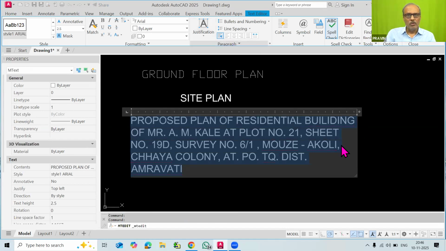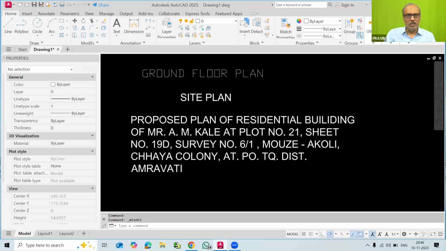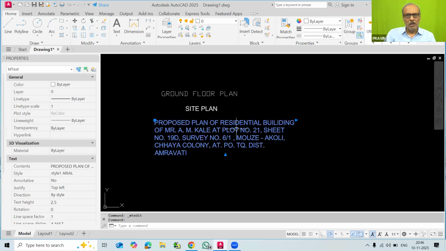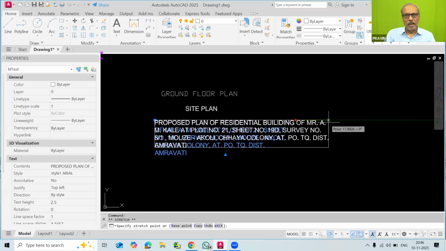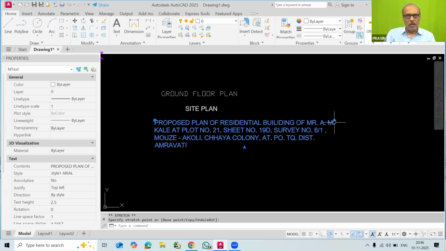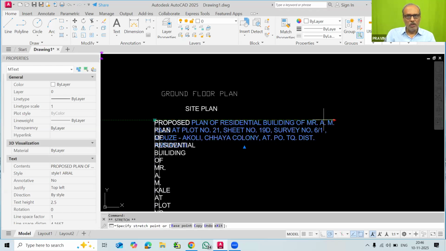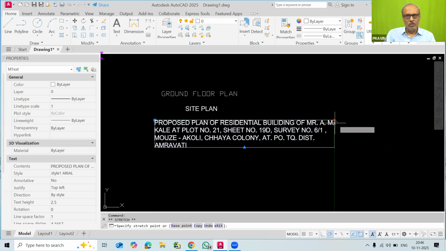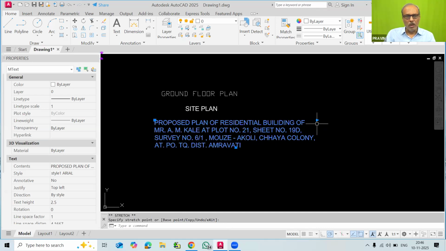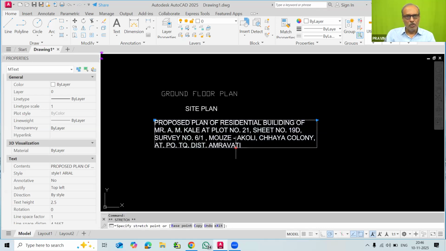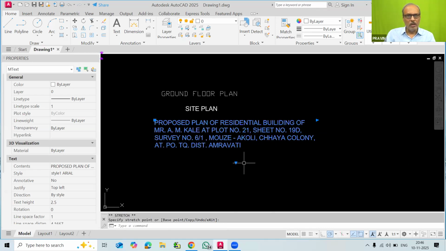You can arrange this by dragging this triangle control grip. This is the control grip for the column width. So you can drag this here. The drawing layout and all those dimensions, we will see later on. You can see that in this way I can just drag the width of the column, and you can adjust this. So this text is required here.